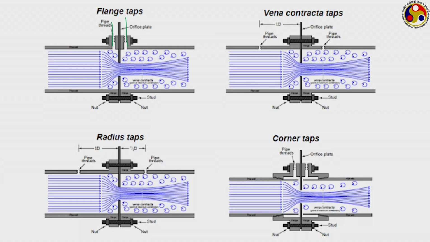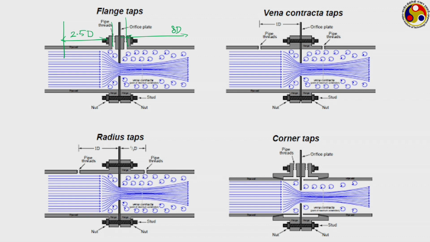The other one which is not shown in this particular slide is called pipe tapping. In case of pipe tapping, we are putting one location at a distance of 2.5 D upstream and the other about 6 to 8 D downstream. These are the two locations where you are putting the taps, which are far away from the orifice itself. So,